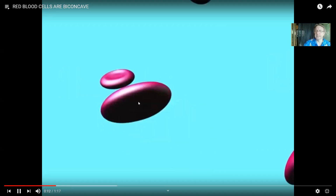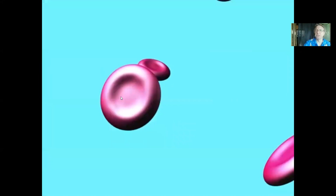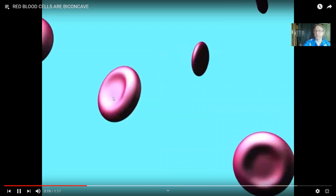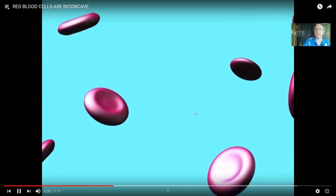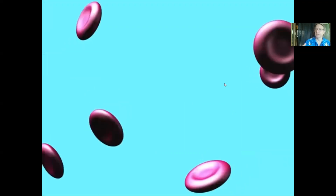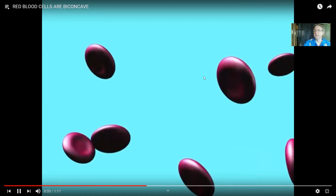All right, it's concave on both surfaces. It has ejected its nucleus, and that increases its surface area. So if you had something this shape and you were attempting to wrap it, say with wrapping paper, you would then have to push the wrapping paper into the depression. That would mean you would use a little more wrapping paper. So the surface area, the amount that you would have to cover with wrapping paper, is increased by having those